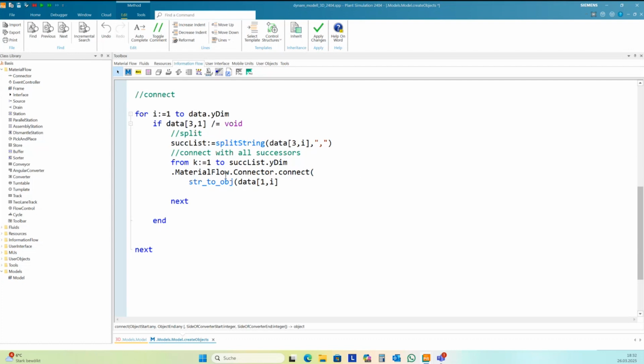The first object is the object from the first column here. And then I need to connect with the object that is resulting from the row number from the successor list here. And so it's the same first object. And then I need to